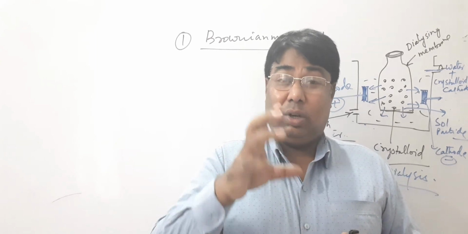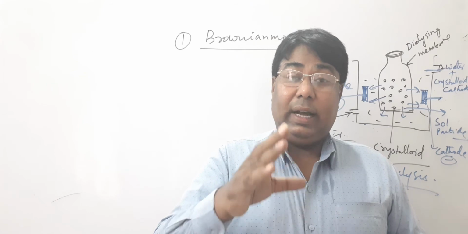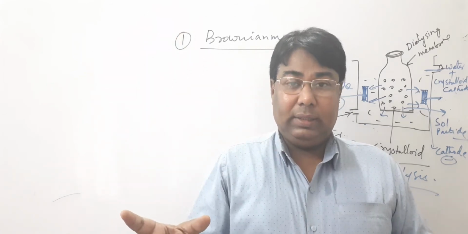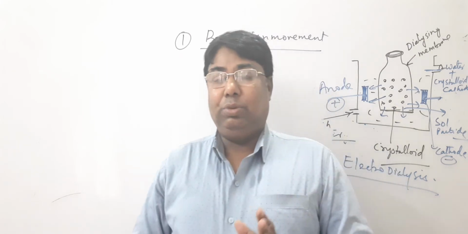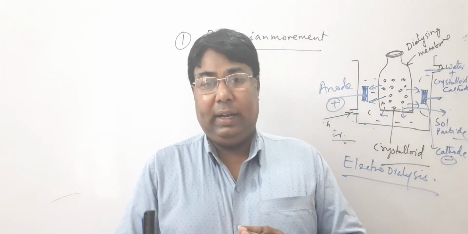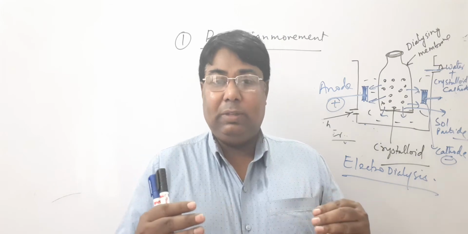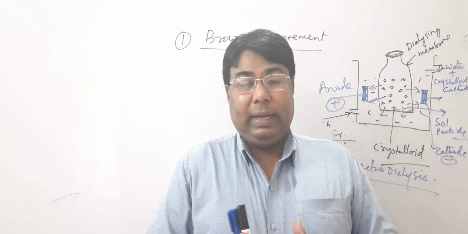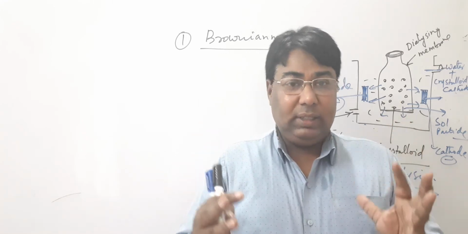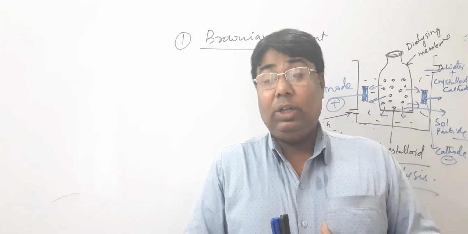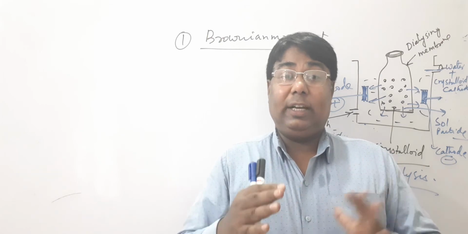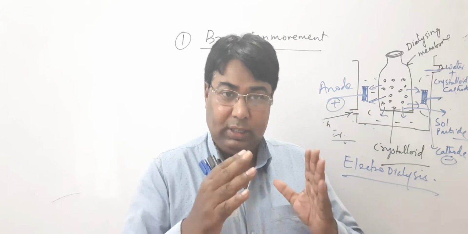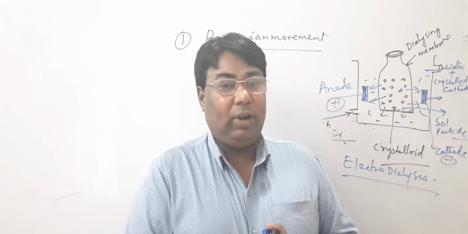Actually, colloidal solutions consist of either positively charged colloids or negatively charged colloids. So colloidal solutions are of two types, positive sol or negative sol. Because of the presence of like charges, they are always colliding and in random motion. So they form a zigzag movement, and that zigzag movement is known as Brownian movement. It is a very important property of the colloidal solution.